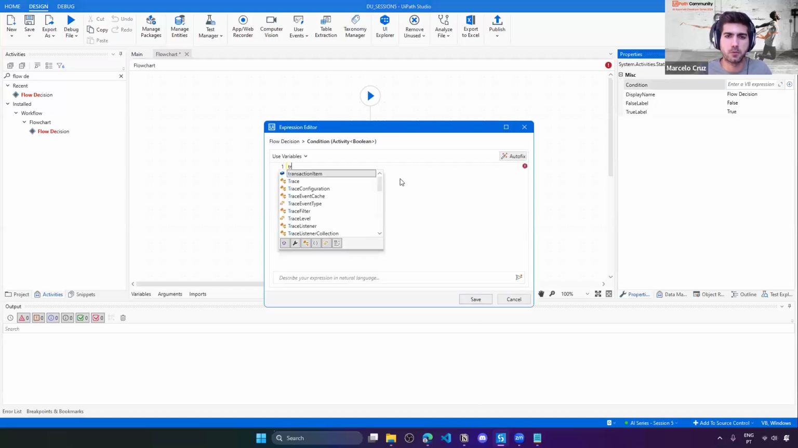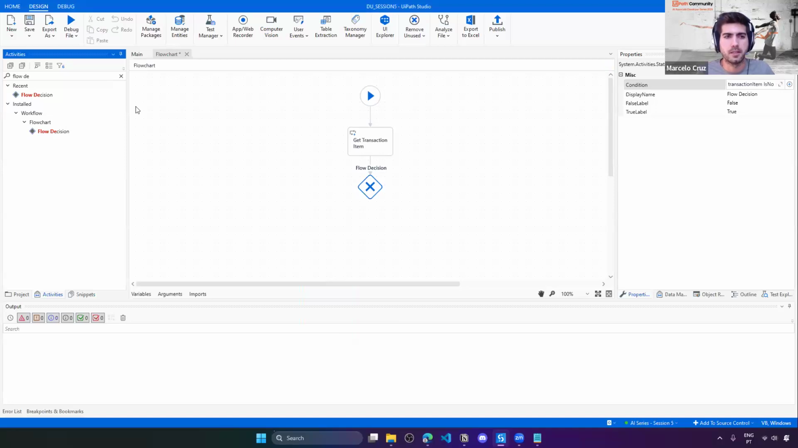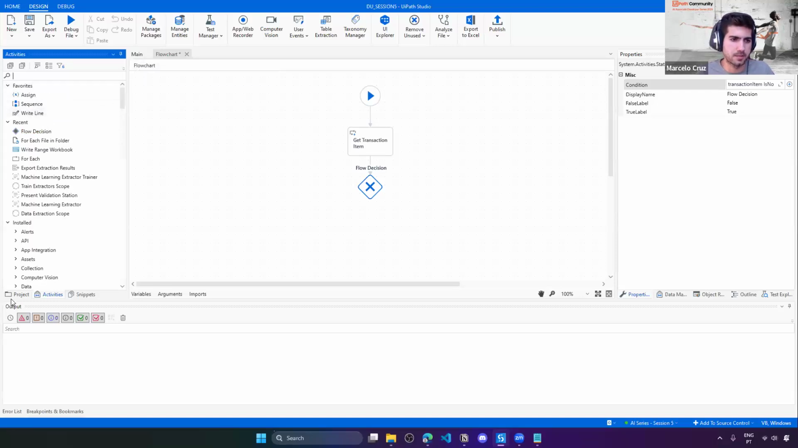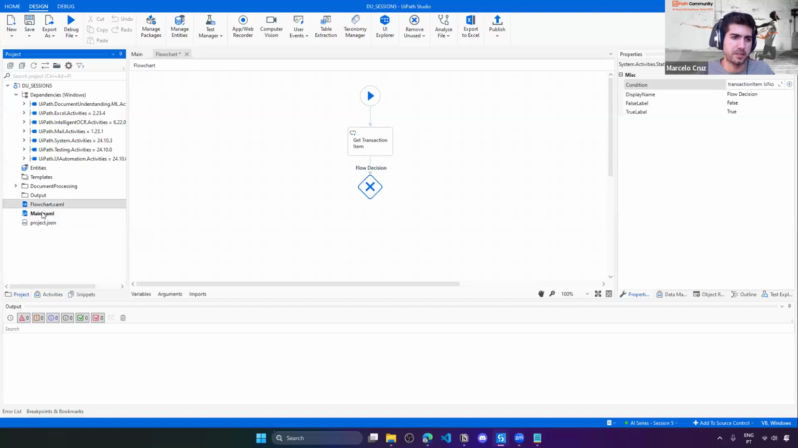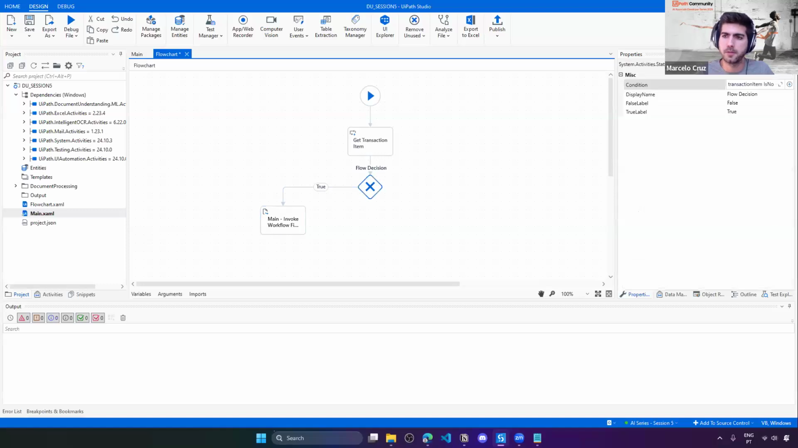And so here we can do the condition. So if the transaction item is not nothing, so if there is something on this variable, that means that we got a queue item to process. And so, with that, this will be the main file, but let's just drag the main here now. And so if this is true, so if there is a file to process,